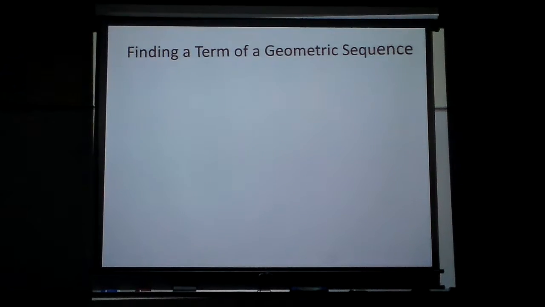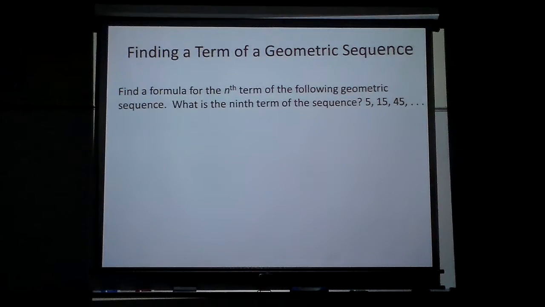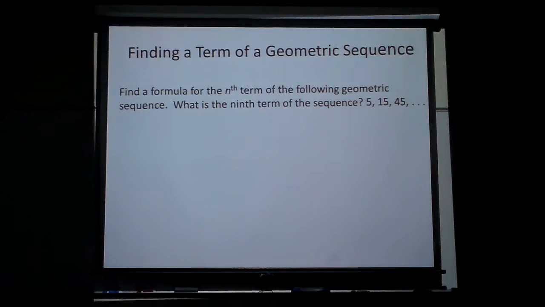So let's do this here. So let's find a term for the sequence. Let's find a formula